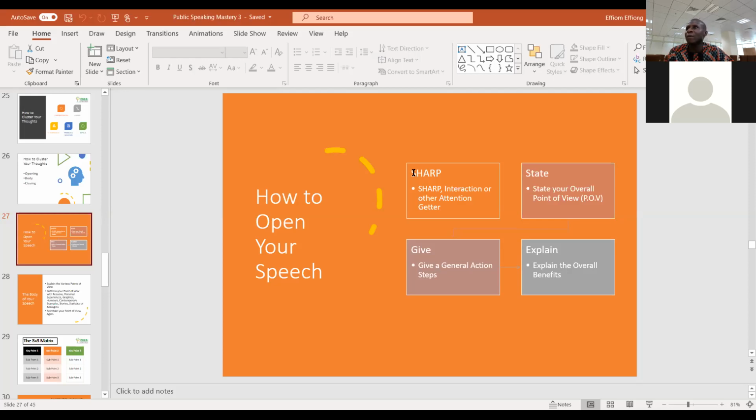You could ask them, if you have 3 ways to grow your business, you could start with, how many people here want to grow their business? You could start with a question, and then you get people to raise their hand. You could ask 1 or 2 persons to give ideas or ways or opinions on why he or she wants to grow his business. So the first thing you must do is, how do I get the attention of my audience first? That's your first concern, and that's in the opening. How do I get my audience attention?